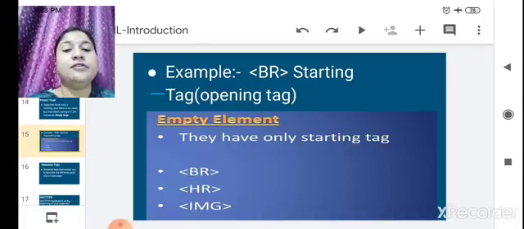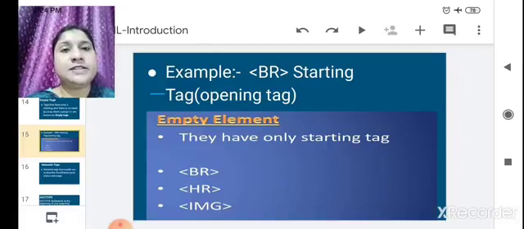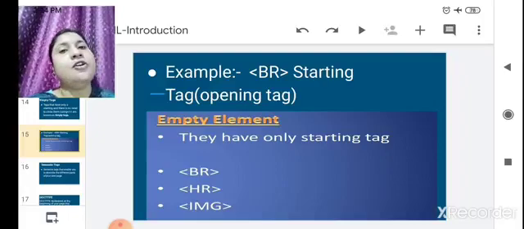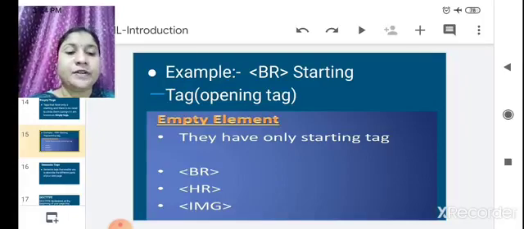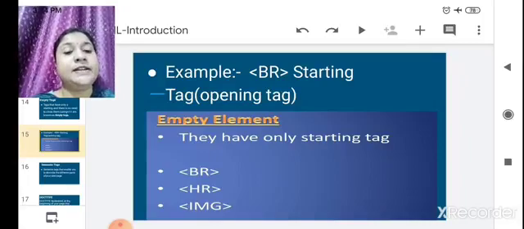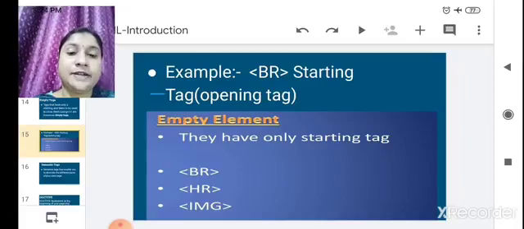Then we also saw that whenever a document is written in HTML, it is saved with a file extension. Which file extension do we use? .htm or .html. Then we saw that HTML can be written in a text editor like Notepad and Gedit, or a word processor like WordPad, MS Word and Writer.